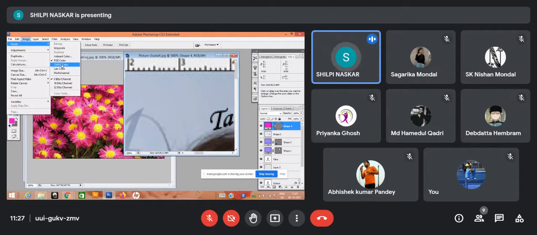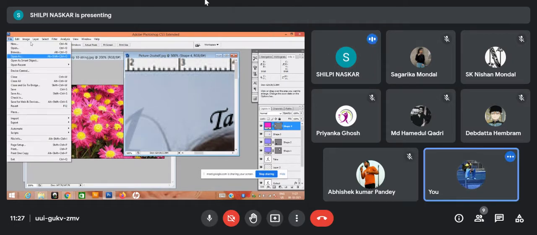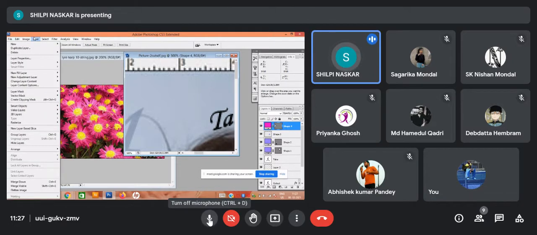Calibration is actually what? At your science lab, have you done experiments other than your chemistry lab? You have done experiments in physics lab, you have done experiments in biology lab. There you have used different instruments, right? You have used different instruments in plus 2 level. Do you have science labs? Have you used a screw gauge? Have you used different other instruments in order to measure?